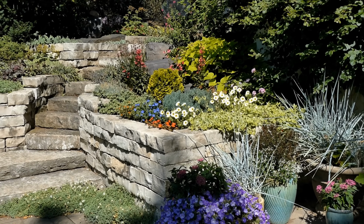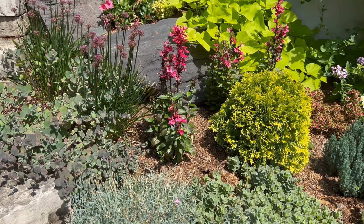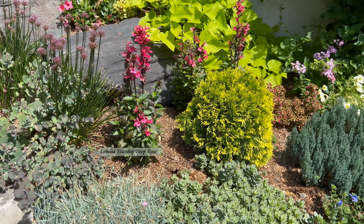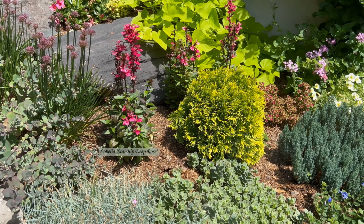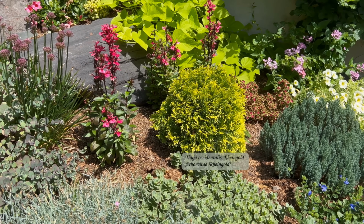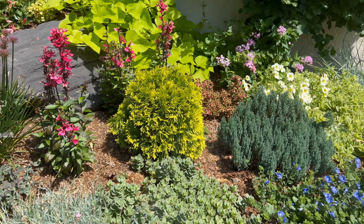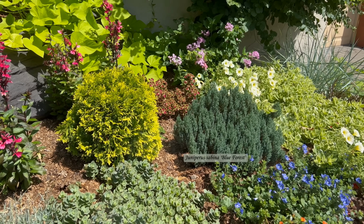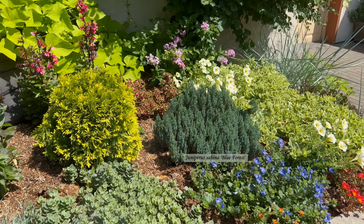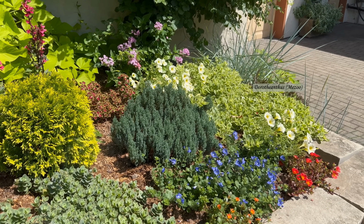This area faces south and is one of the sunnier areas in the entire garden. Notice the attractive combination of the bright pinkish red of the lobelia against the lime green of the globe-shaped arborvitae and potato vine. In front of the arborvitae, there's a creeping sedum. Then, for added foliage color and texture, there's a low-growing blue juniper surrounded by a very interesting array of low-growing